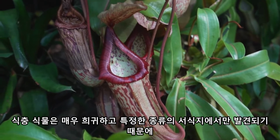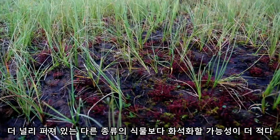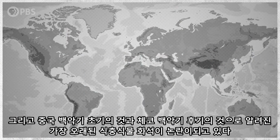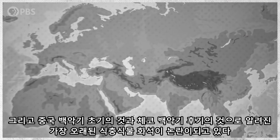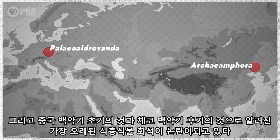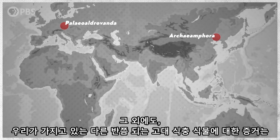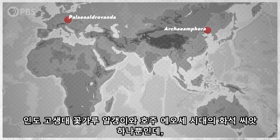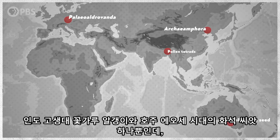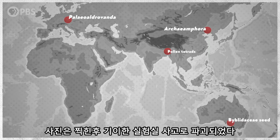Carnivorous plants are pretty rare and they're only found in certain kinds of habitats, so they're just less likely to fossilize than other types of plants that are more widespread. And the oldest reported fossils of carnivorous plants, one from the early Cretaceous period of China and the other from the late Cretaceous of the Czech Republic, are controversial. Beyond that, the only other halfway decent evidence we have of ancient carnivorous plants are pollen grains from the Paleocene epoch of India and one fossil seed from the Eocene epoch of Australia that was destroyed in a freak lab